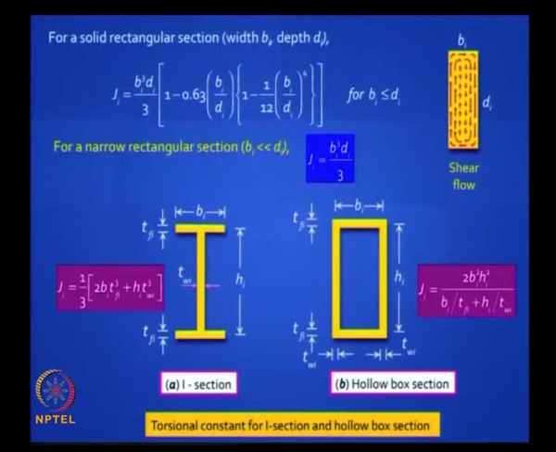For example, I have shown here two thin walled sections. The one on the left, the I section, you can derive the formula using the formula for the narrow rectangular section because it is an open section. The one on the right, however, is different. It's like the annular tubular section, except that it's a box section. It's commonly used in bridges. It's very good against torsion.